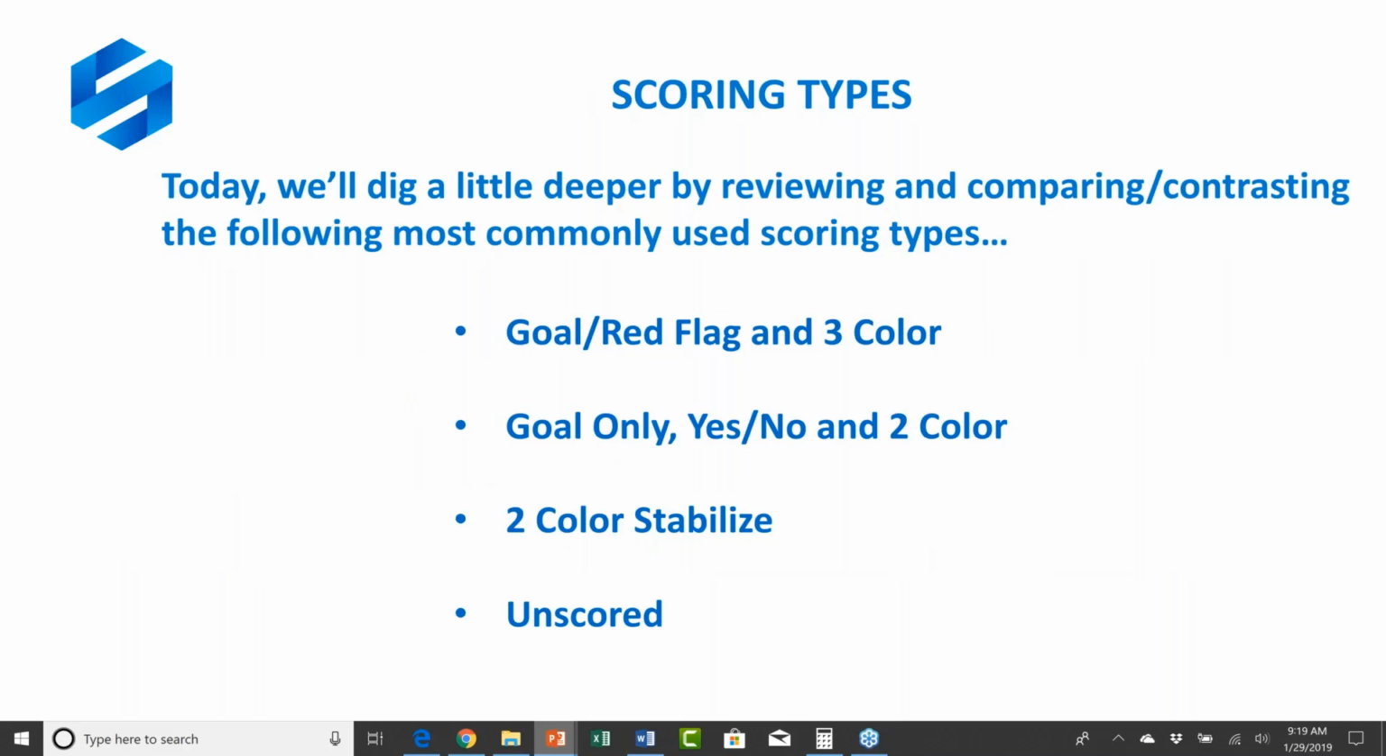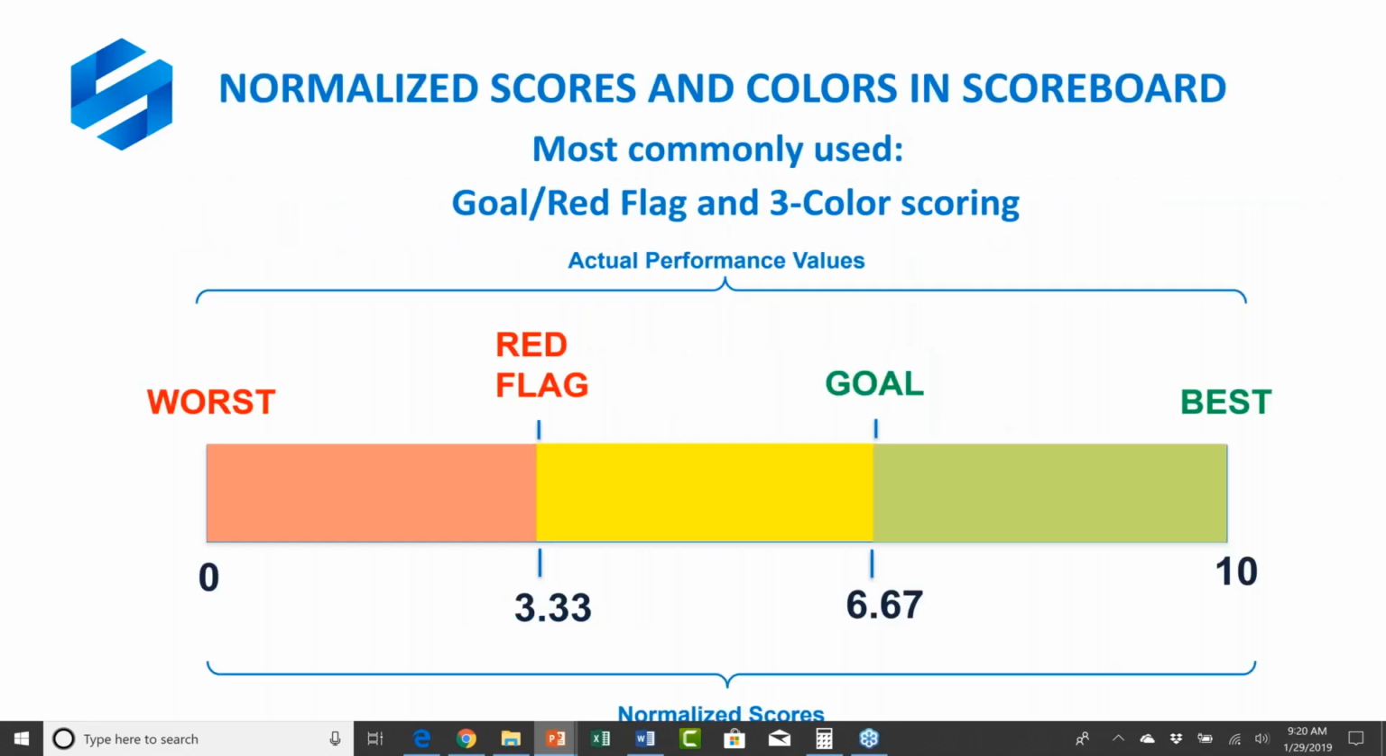Okay? So what we'll do today is dig a little deeper by reviewing and comparing and contrasting these 7 different scoring types: goal and red flag in 3-color, goal only, yes, no in 2-color, 2-color stabilized, and unscored, which is something that we really haven't mentioned yet, but it is important to certainly know about. Okay. All right. So first of all, the most commonly used types, again, within Scoreboard are either goal and red